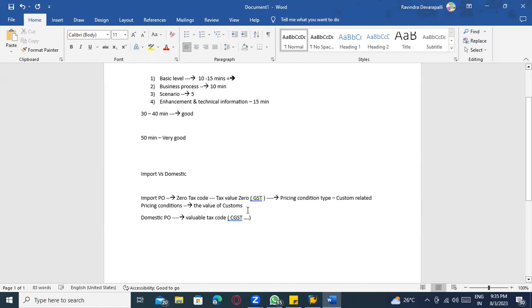Okay, so PB00, PBXX and FRE1 like that, we also have the customs related tax code, customs related pricing condition types. Okay, so that is one thing. Is it clear here? Yeah. And one more thing is